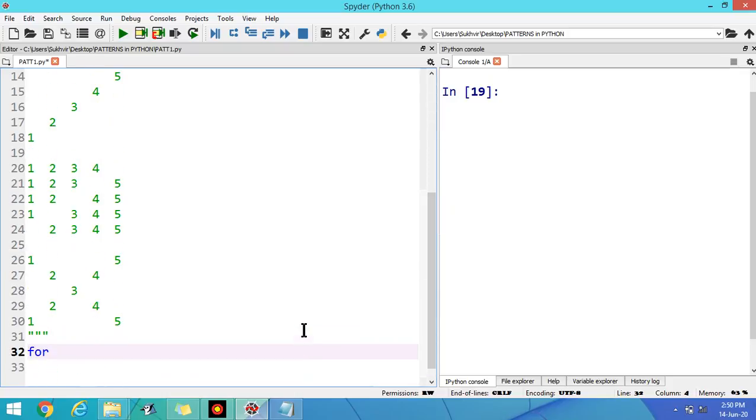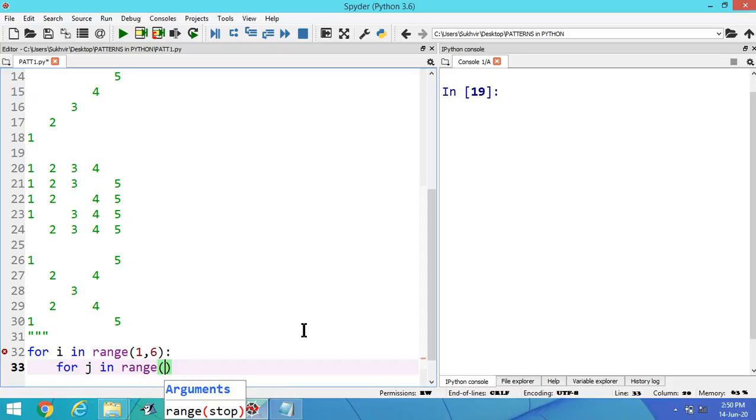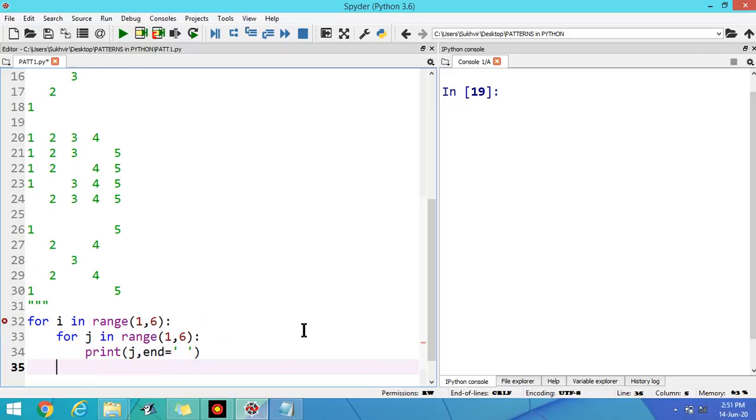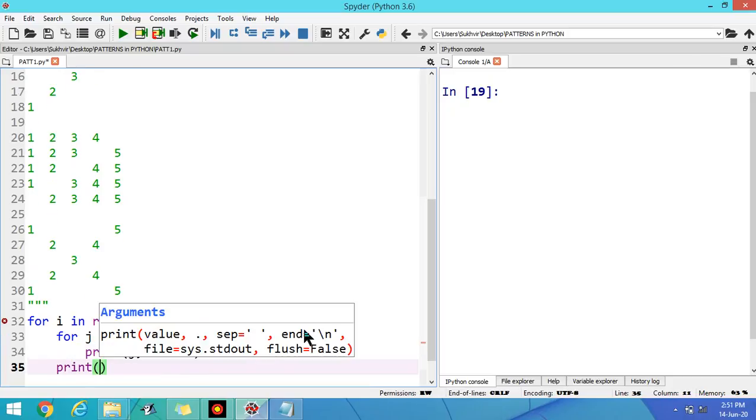Suppose I write for i in range from 1 to 6, for j in range from 1 to 6, then print the value of j followed by end, so that we can print the values in the same line.